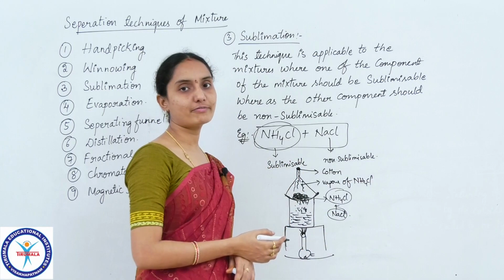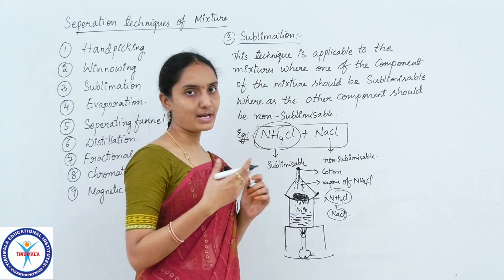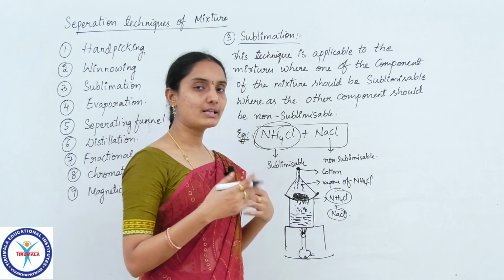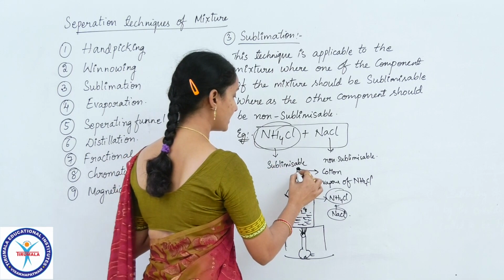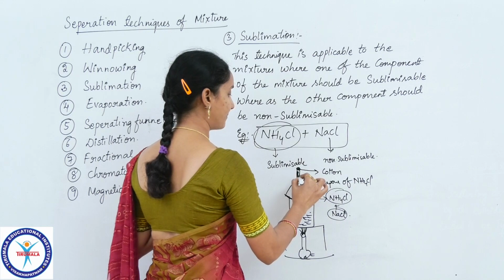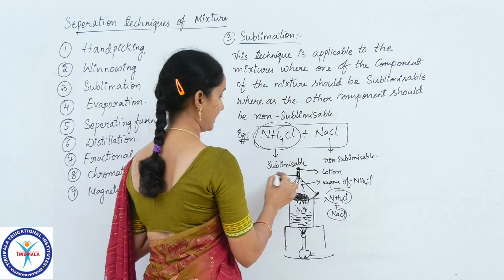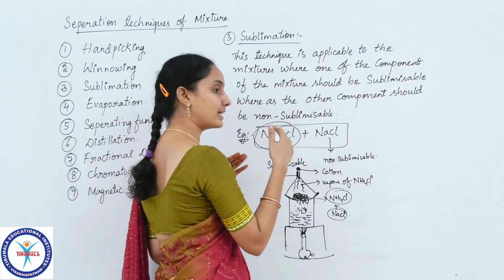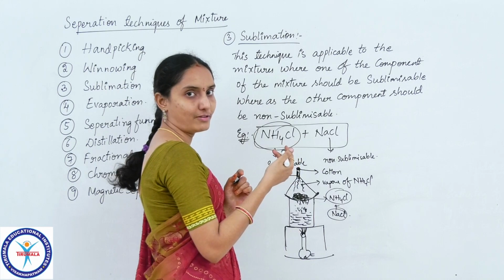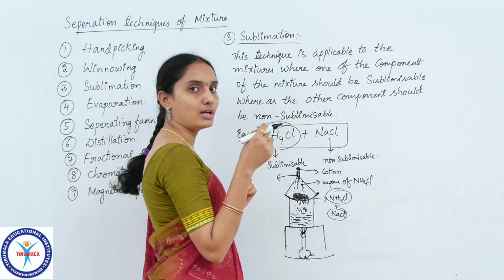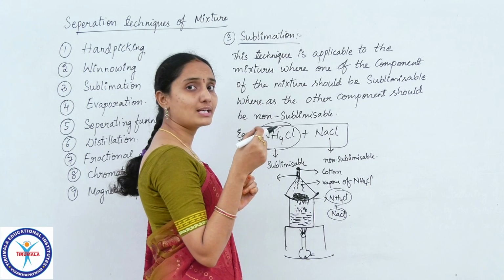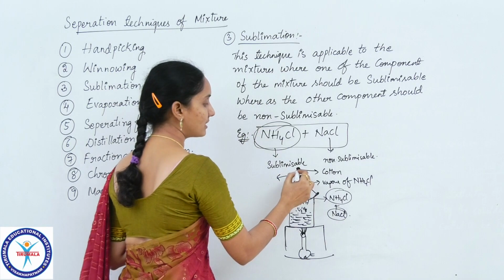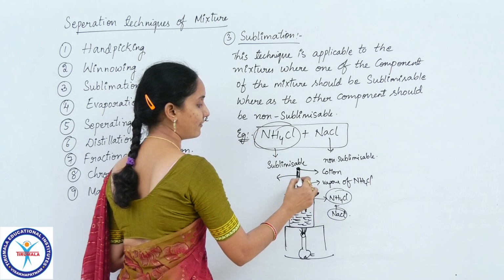when they reach the upper side of the funnel, there the temperature is not as much as the temperature that is present below, so the vapors get cooled and they deposit as a solid substance on the walls of the funnel here. Because they have no opportunity to escape out, these vapors get cooled there at the mouth of the funnel and they turn into solid again. Whenever the NH4Cl cools down again, it directly converts from vapor to solid, so that the solid deposit is absorbed on the walls of the funnel over here.